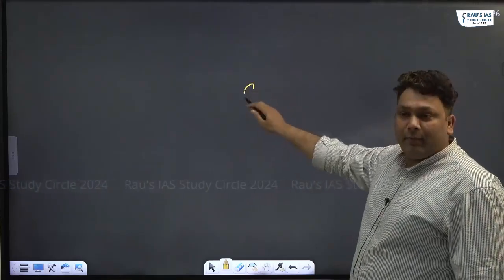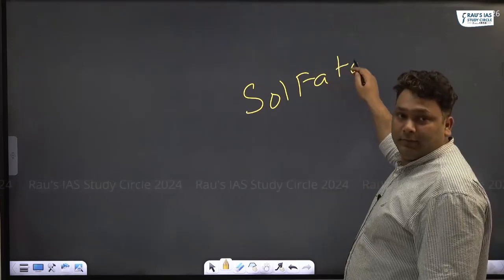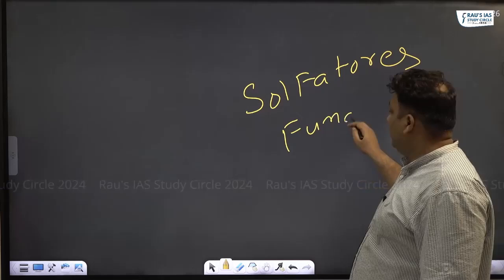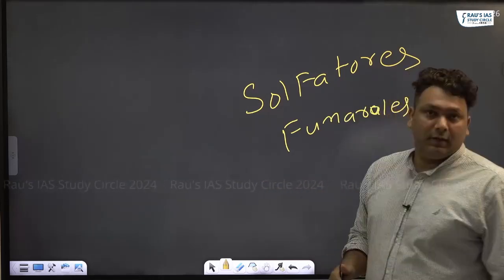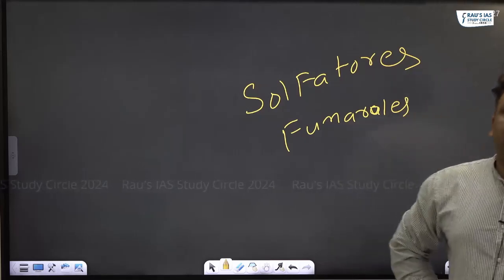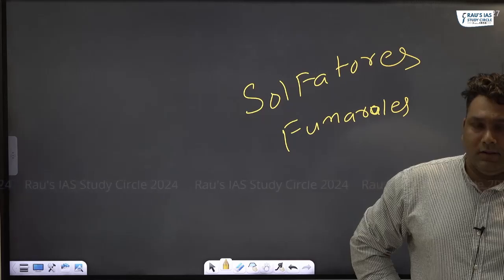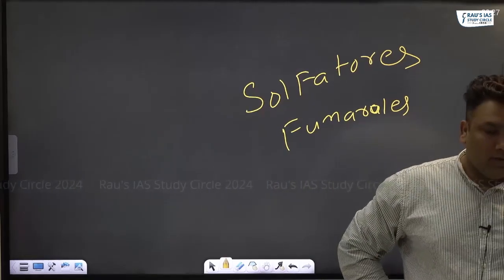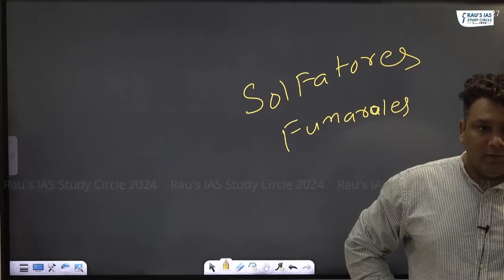And such landforms are called, remember this, Solfataras or fumaroles. Spelling is written here in yellow, you can see. So